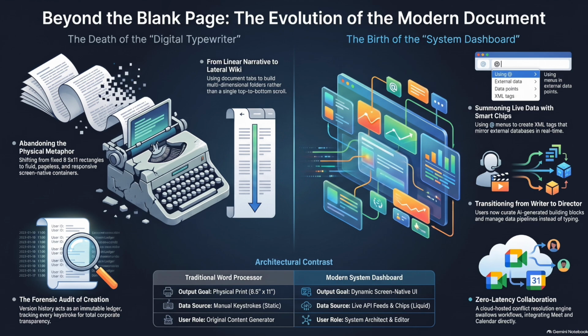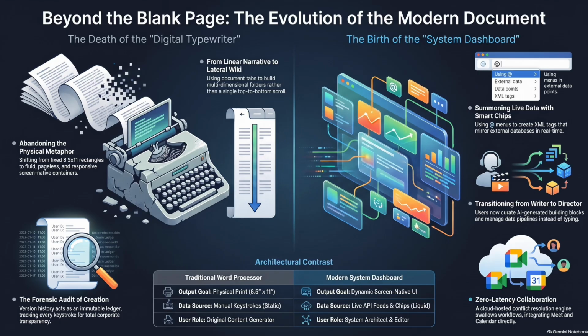The documentation explicitly details the @ menu, the @ symbol. Oh, right. And it positions it as a universal database query. Which is wild to me. This is the feature that really made me question if we're even dealing with a word processor anymore. Because we've all used the @ symbol to tag a coworker in a comment. Sure. But the Help Center outlines this